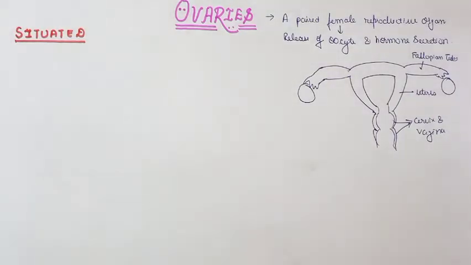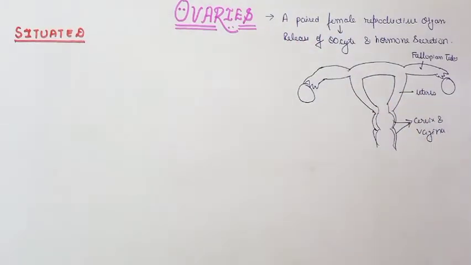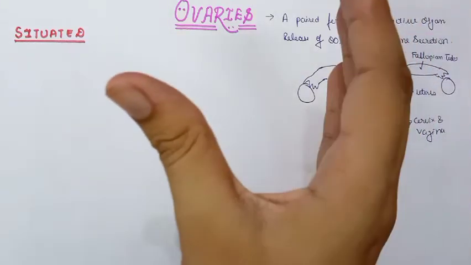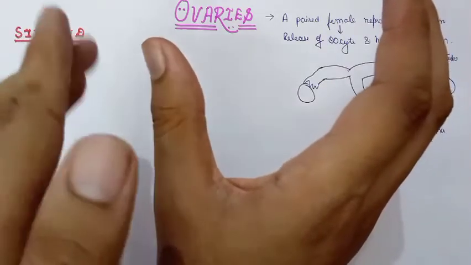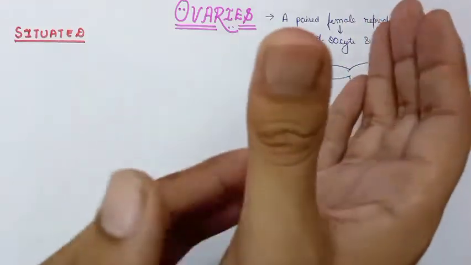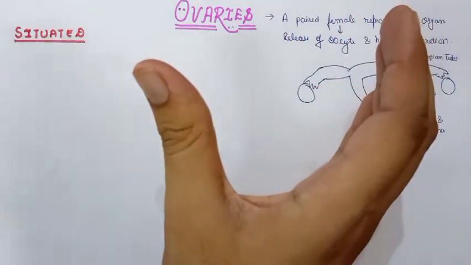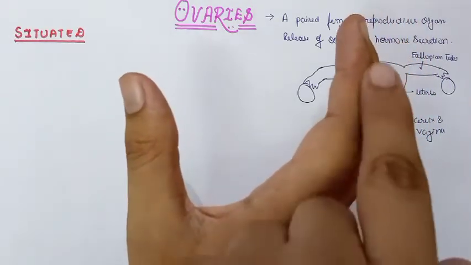So where are the ovaries actually located in the body? These ovaries are located in a specialized fossa, which is called the ovarian fossa. How can you remember the boundaries of the ovarian fossa? Let me tell you a simple way to recall the boundary. The ovarian fossa is actually present like this. Suppose this is the anterior side and this is the posterior side. You can see the lateral and the medial walls are deficient. Same as in the case of the ovarian fossa. So the ovarian fossa has an anterior boundary and a posterior boundary.